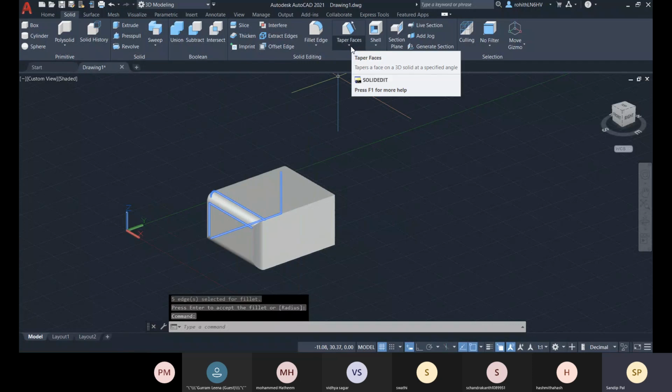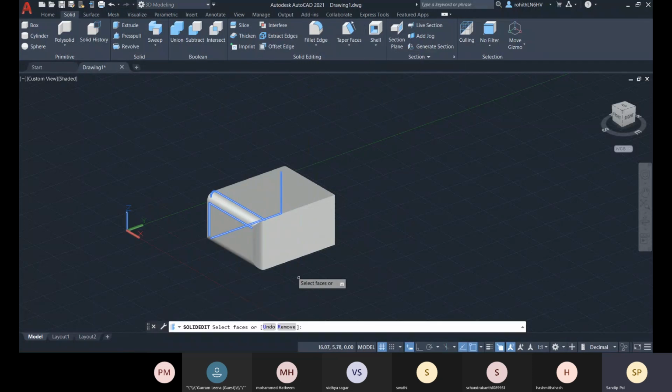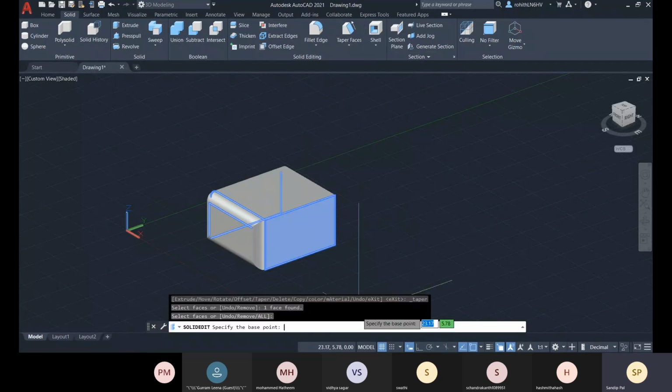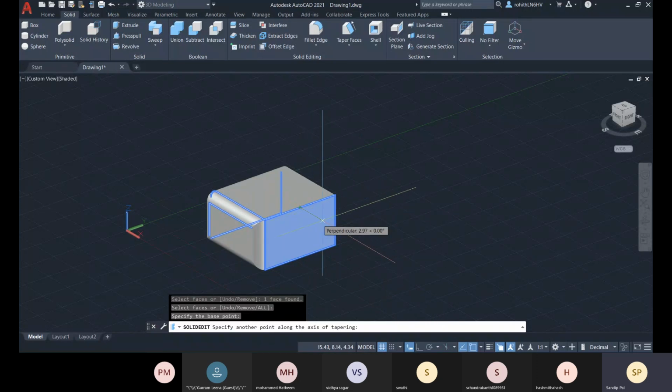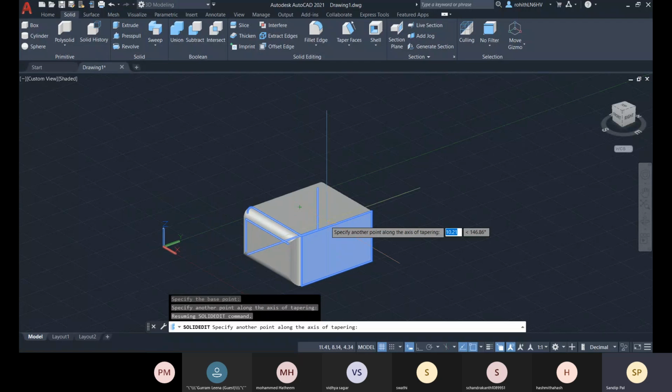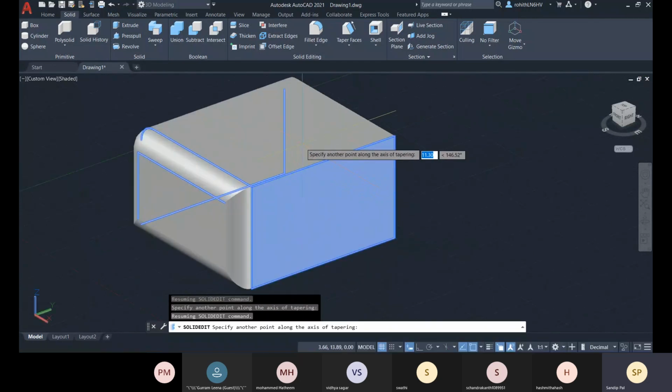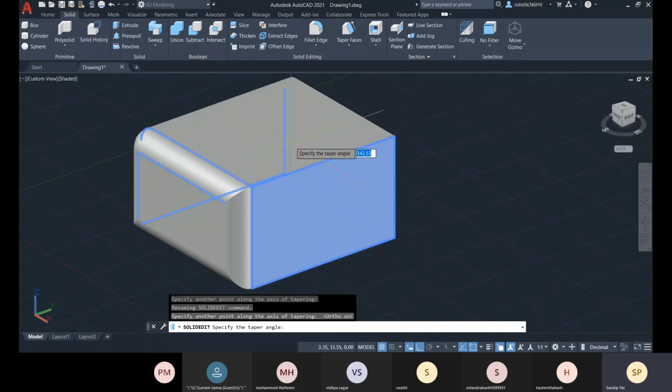We have the taper face option, so this, select this point and then another point along the axis for tapering. So let me go for this and specify the taper angle.